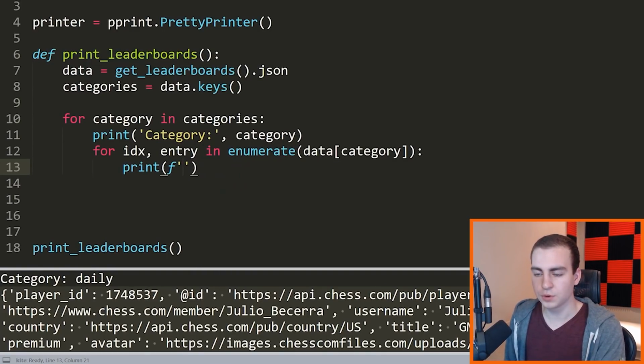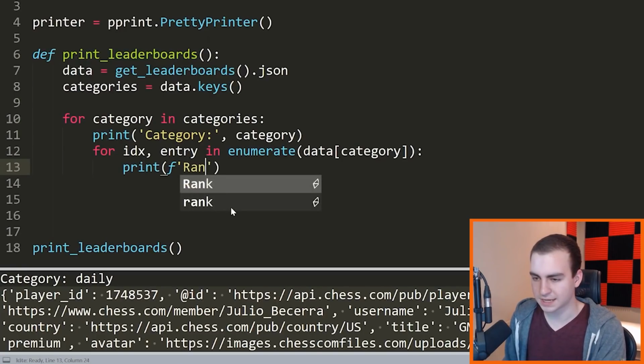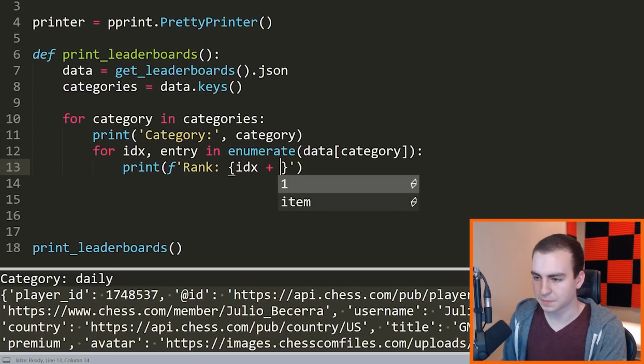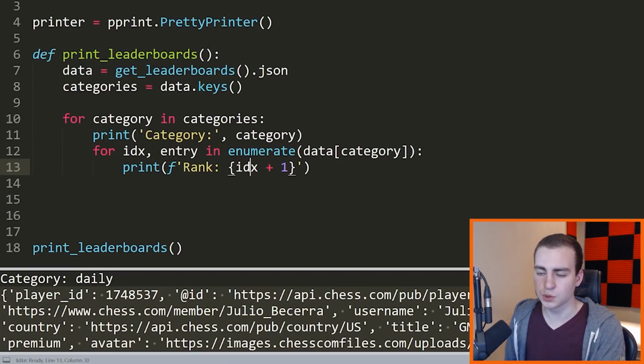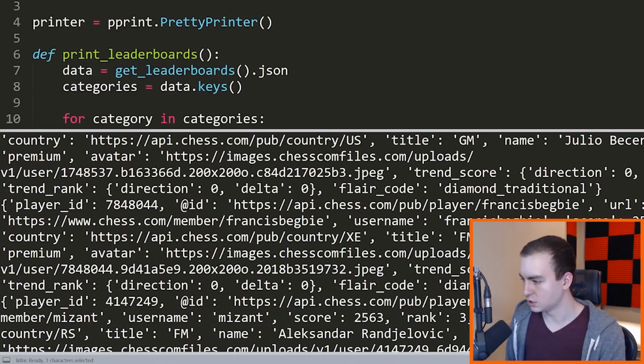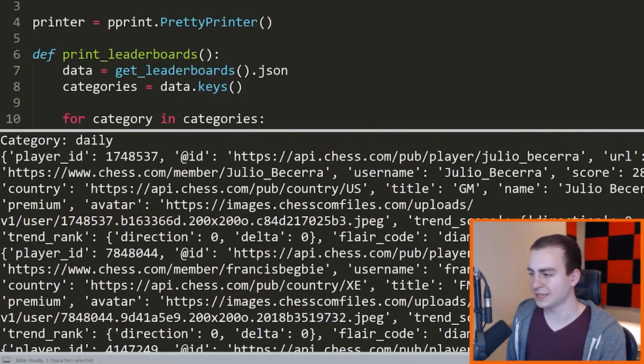All right, so I'm going to go inside of this F string, and I'm going to start by saying rank, and then inside of parentheses here, I'm going to say IDX + 1. Now, the reason I'm doing this is because the index starts at 0, and it's going to give me players in order of their rank. So it gives me rank 1, rank 2, rank 3, so on and so forth. So I don't need to actually reference the rank key from the data.